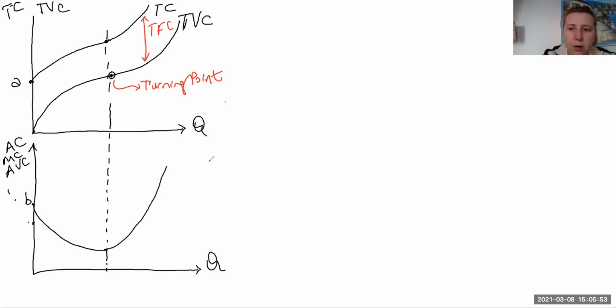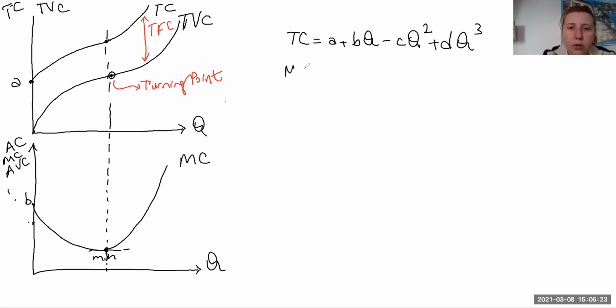This is marginal cost. So here this point is the minimum point of the marginal cost. Can you find the minimum point of the marginal cost? Let's write the functions again. Total cost function: A plus B Q minus C Q squared, plus B Q cubed. Let's put the expected value of C here. And the marginal cost is the first derivative, which is B minus 2C Q plus